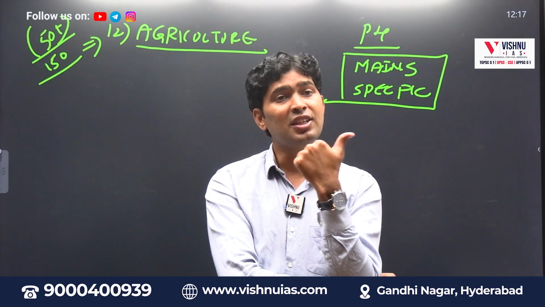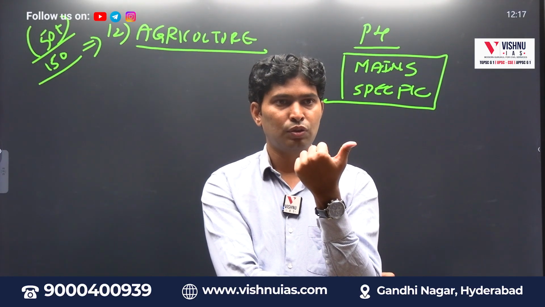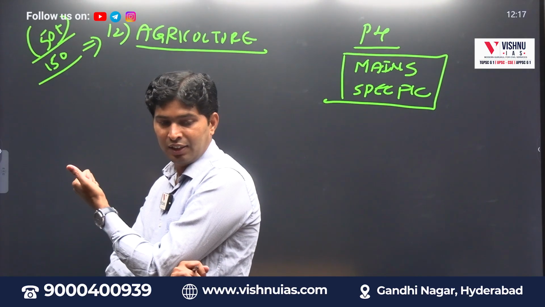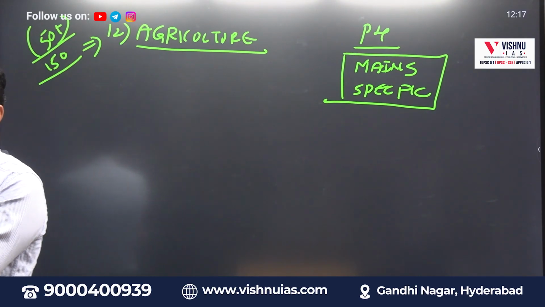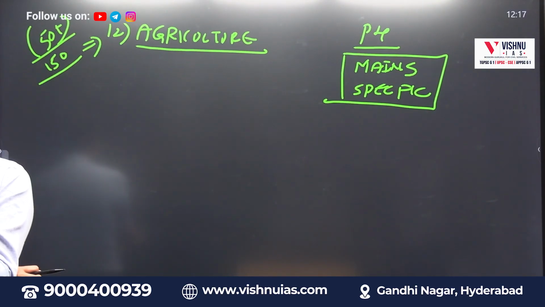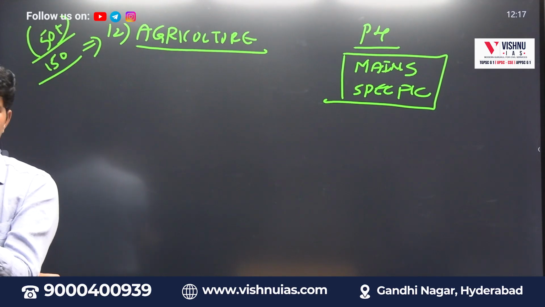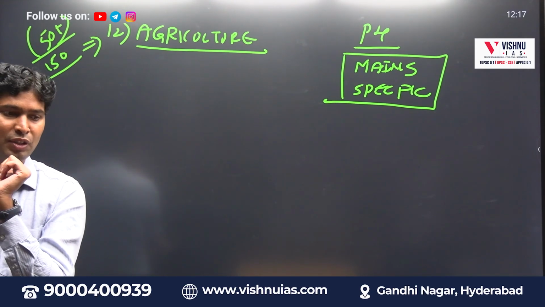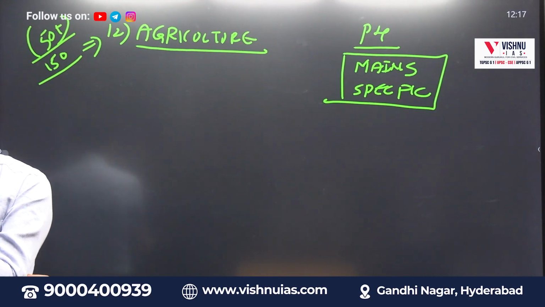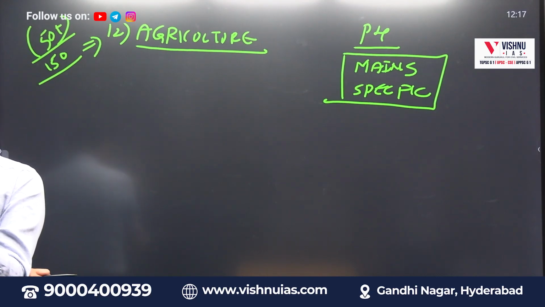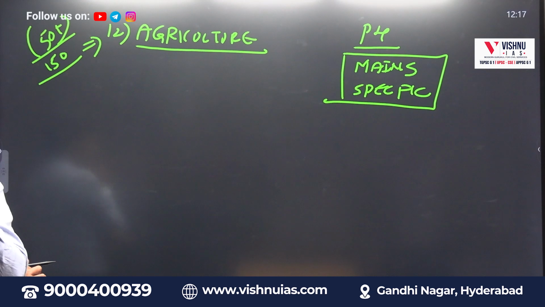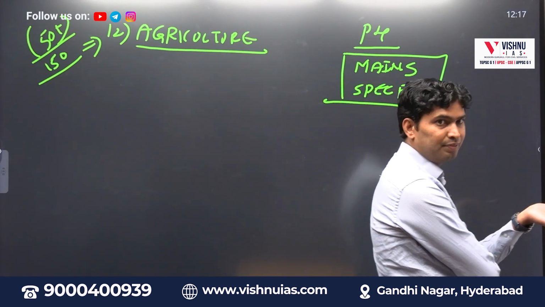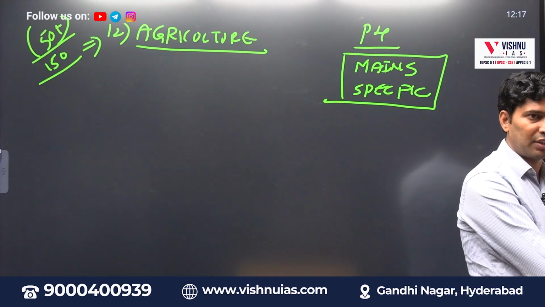But schemes can be asked in prelims also. Like Pradhan Mantri Dhan Dhanya Krishi Yojana. Pradhan Mantri Fasal Bima Yojana. Scheme relevance. Then current affairs. DMH 11, Dhara Mustard Hybrid 11, is permitted. DMH 11 means a new variety of GM mustard is permitted, which has become a controversy. Then Punjab and Haryana farmers protested against the government circular on stubble burning. It's a current affairs topic.